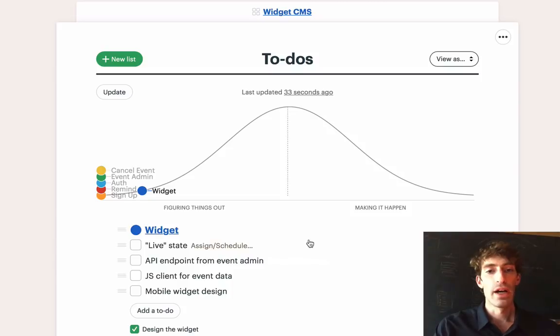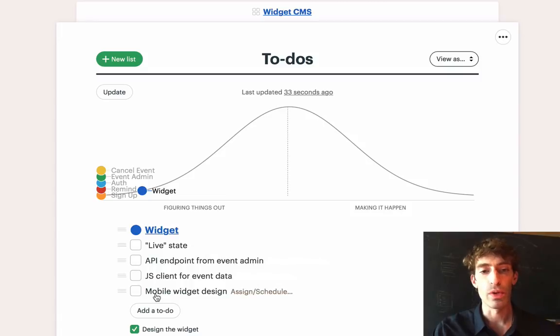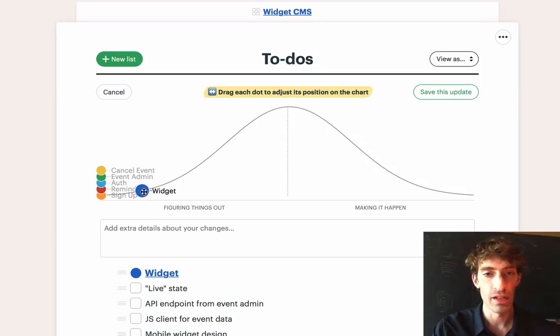And here I've made progress, and I've also kind of added more work. So I still have an unknown with this mobile widget design, but I do have the basic design on the desktop version working. And let's say that the programmers haven't had a chance to look at this yet, so these are still unknowns. So I can actually make an update here to the hill,